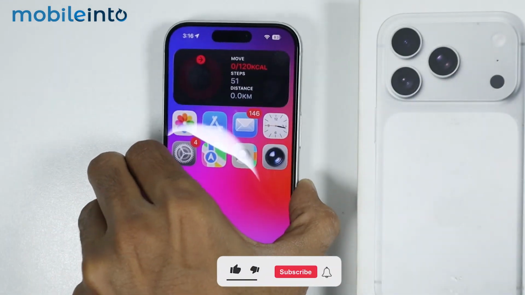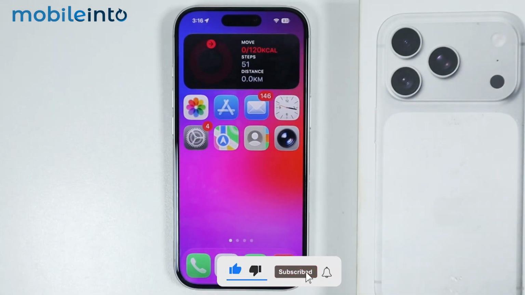And this is how you can change the camera brightness on the iPhone 17, 17 Pro and the 17 Pro